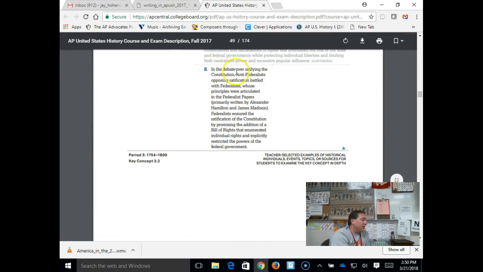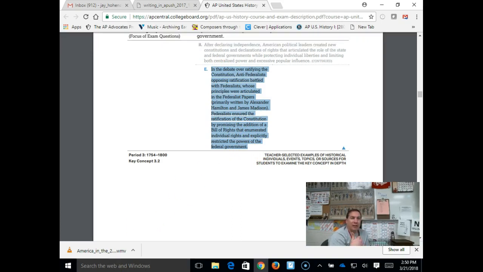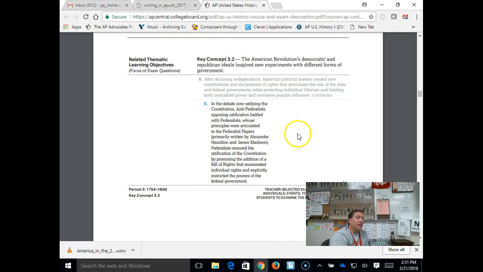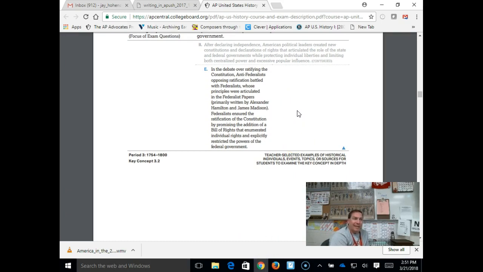Moving on to the next spot right here, they then wanted to be able to explain how the Anti-Federalists debated with the Federalists. Remember, the Anti-Federalists desperately wanted to add a Bill of Rights that lays out specifically what rights are protected for Americans from the power of the government. Hamilton claimed that this wasn't necessary, but here are some things you can add into the box, which are incidents to prove the Anti-Federalists were on the right track. Shortly after this moment, we're going to have the Alien and Sedition Acts during Adams's presidency, where the government has the power to round up people who are seen as dangerous immigrants and kick them out of the country.